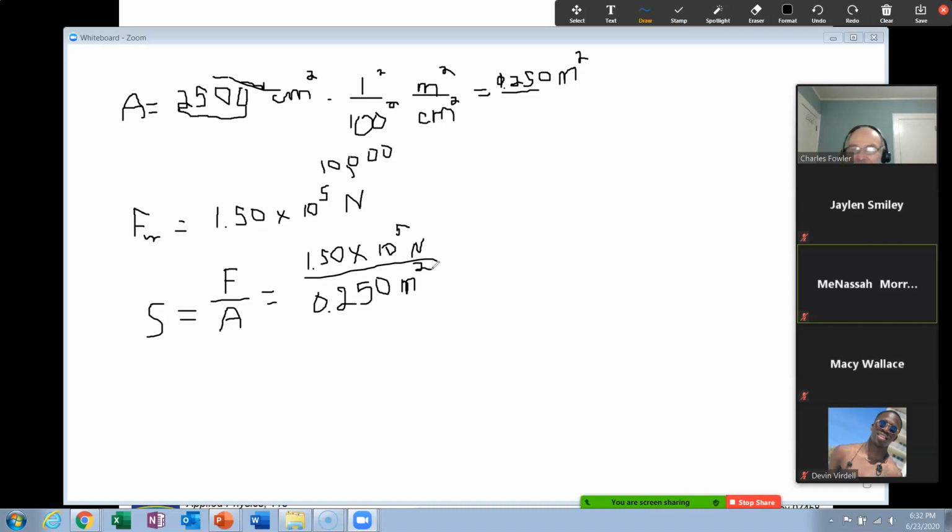You put EE or EXP. I don't know if you can see it. There's the EE key somewhere right there, I believe it is. EE, and then all you do is 5. Okay? 1.5 EE5 divided by 0.25, and you don't need the extra 0.25. And then you press equal, and that gave you